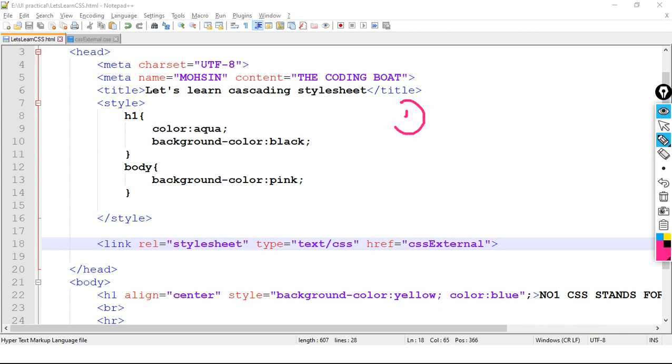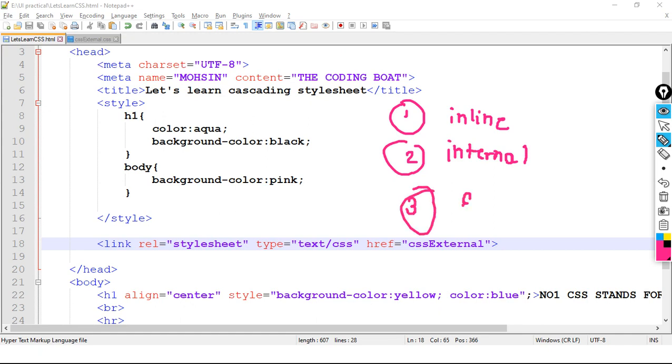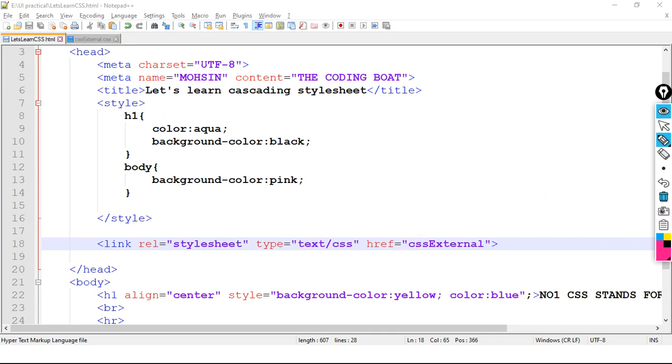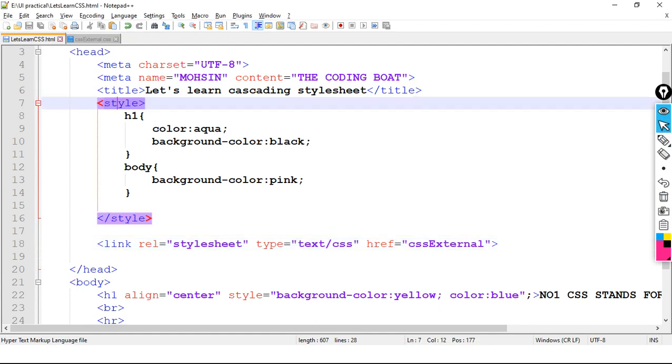observe, inline. Then second priority goes to internal. Then third priority goes to external. Okay. So what I will do, I will remove this internal style.